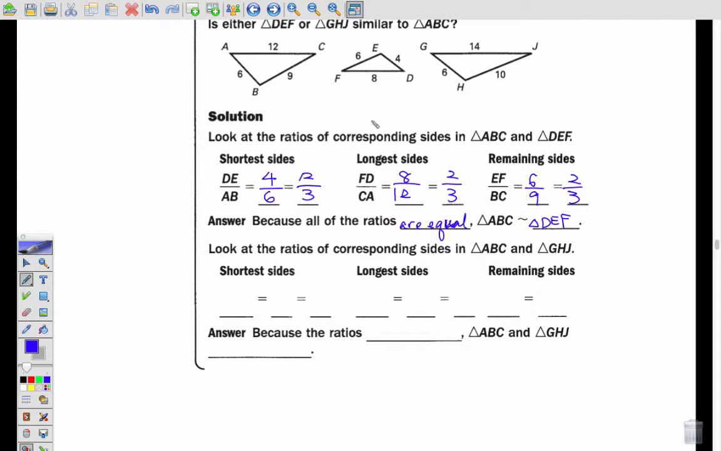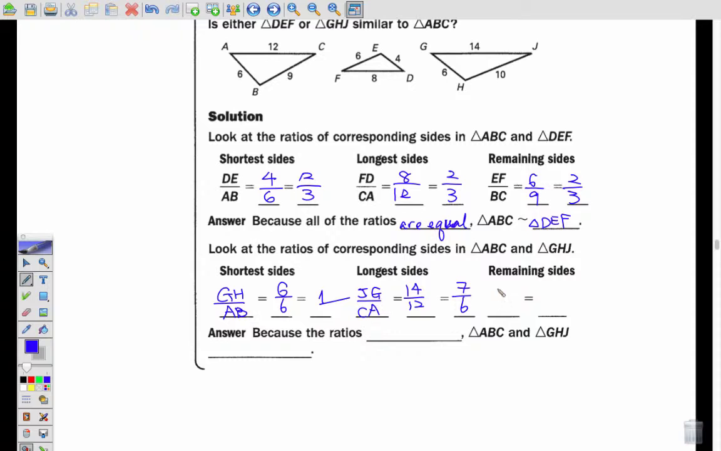Then we do the same thing with the other two triangles. So with the third one, we do GH divided by AB. GH is the shortest side, so that's 6 over 6, that's 1. Then we do the longest side, which is JG over CA, and that's 14 over 12, and that gives me 7/6. I can actually stop here because I already have 2 ratios that are not equal, therefore I don't